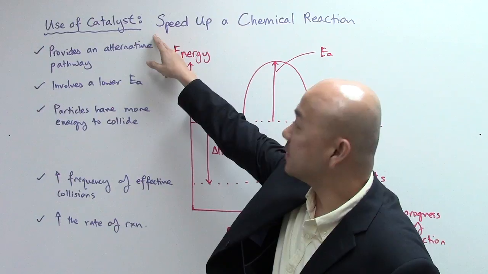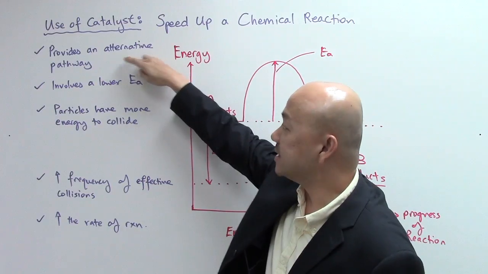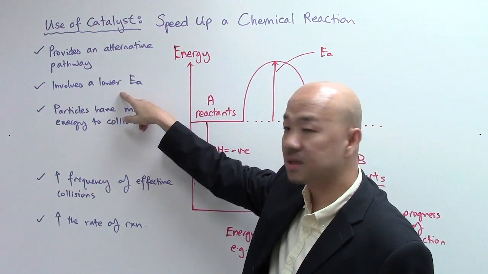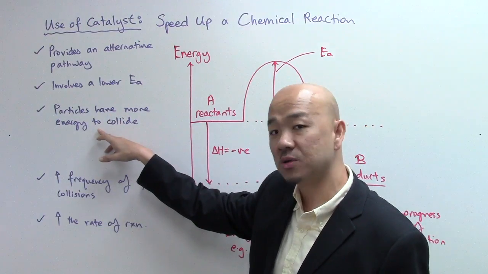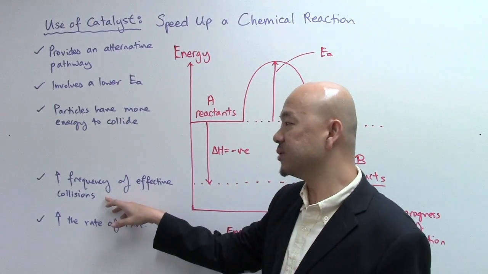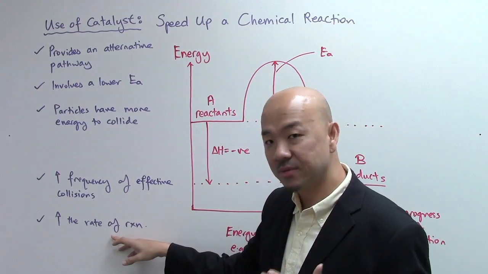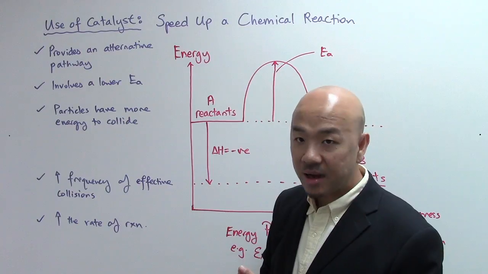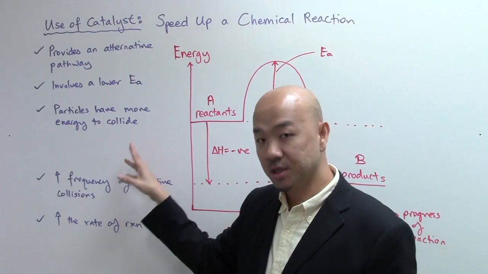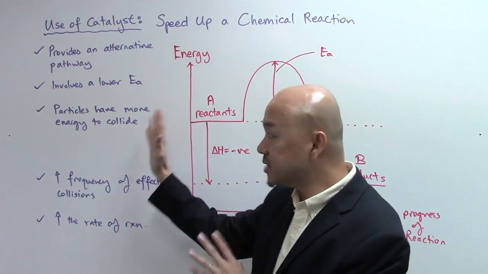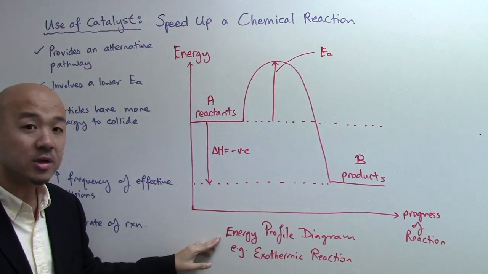Now, the use of a catalyst is to speed up a chemical reaction, and the student wrote, which is quite good, that it provides an alternative pathway which involves a lower EA, meaning activation energy, such that the particles have more energy to collide. So in collision theory, this will increase the frequency of effective collisions, and thus it will increase the rate of reaction. So this was given by the student. I thought it's pretty good, except that in one of the bullet points there's an error. So I'm going to use this, as well as what we call an energy profile diagram, to discuss